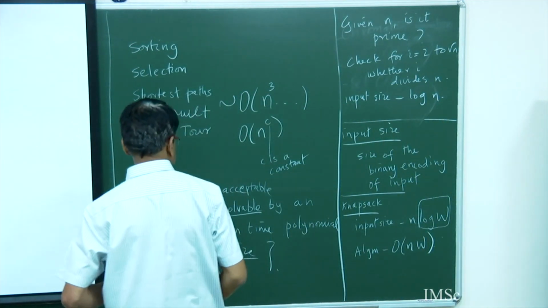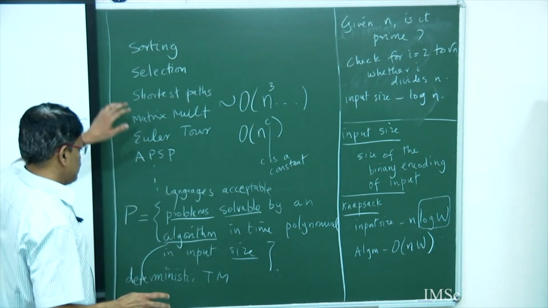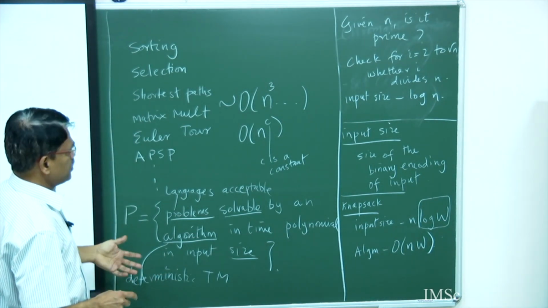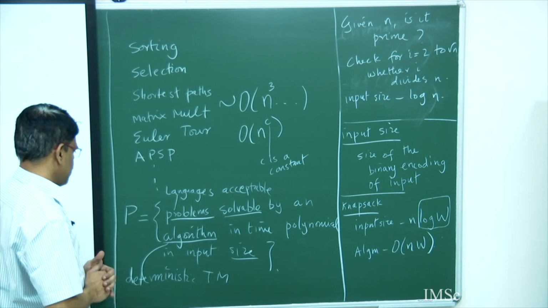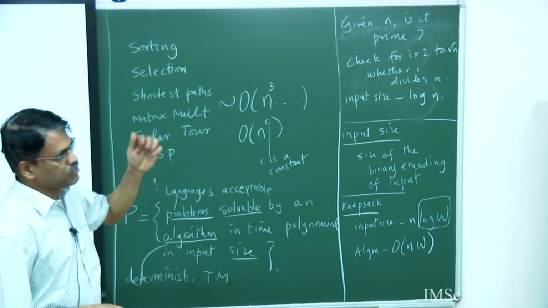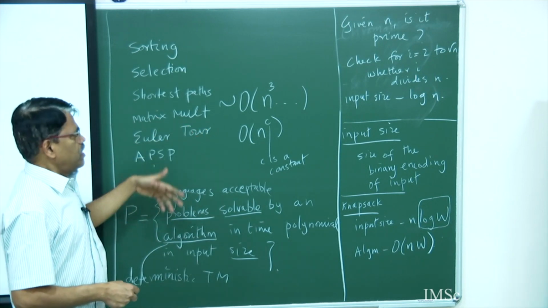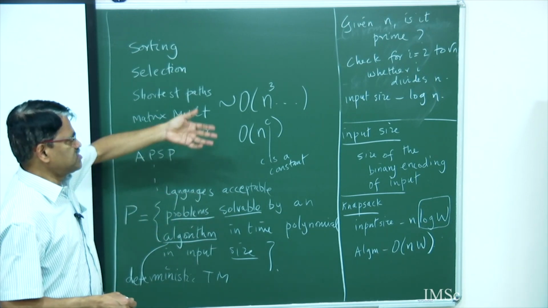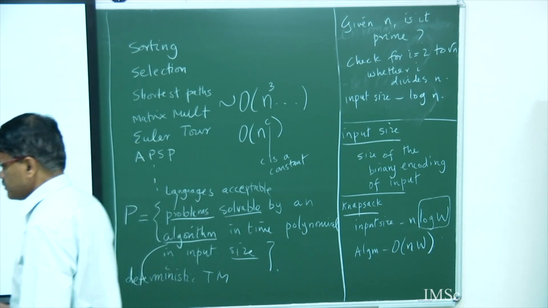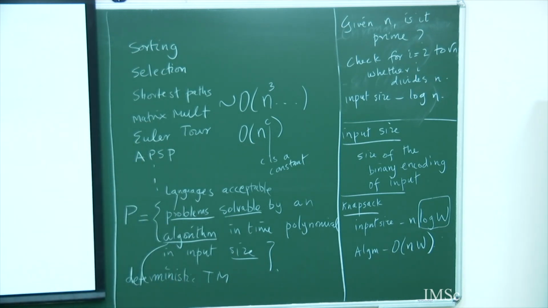We have looked at problems which are solvable in algorithm time polynomial in input size. We have seen a number of problems, but we have also seen problems where the running time is exponential in n. Okay. So, what we would really like,